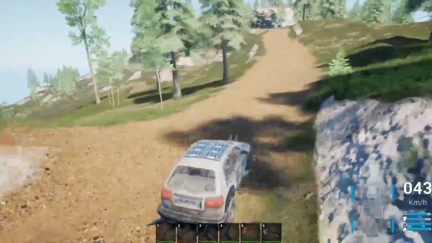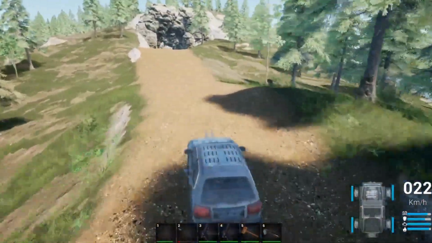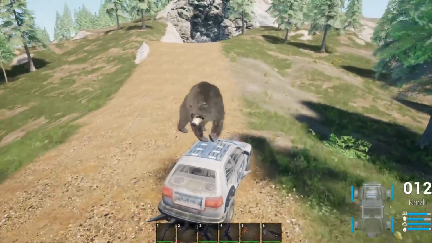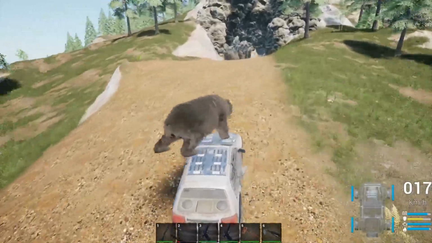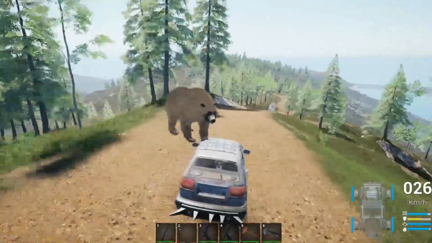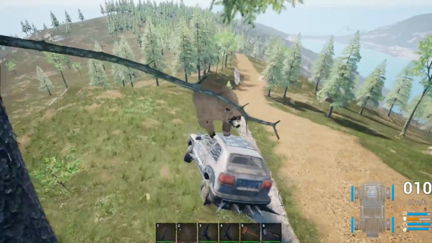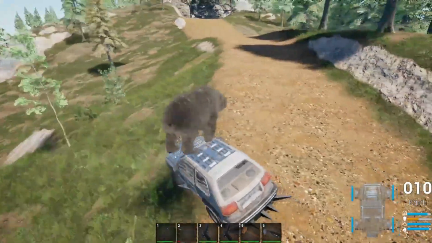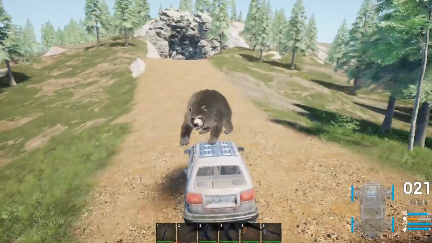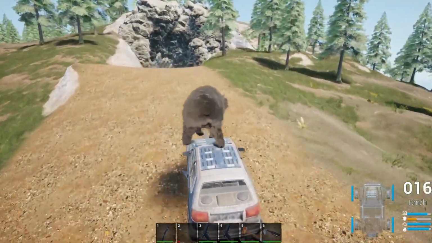So I think another great test for collision injury adjustment would be to fight our friend over here, this bear. Okay, he's on top of the car. Alright. Can we shake him? Okay, we're not able to shake him. He is damaging the car, yes? Yeah. Here, what if we...